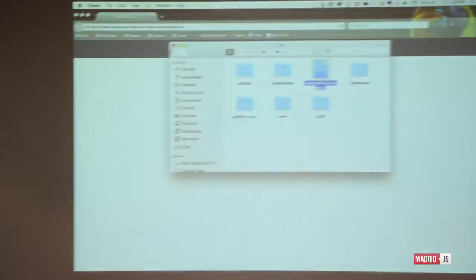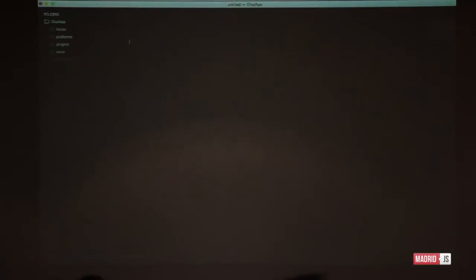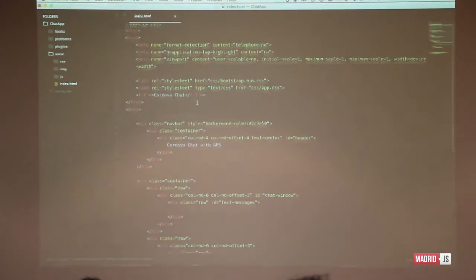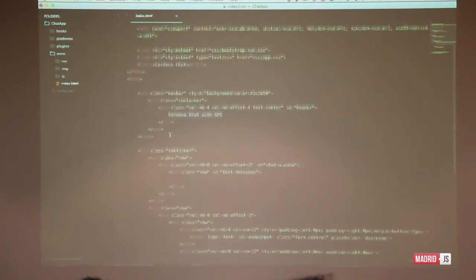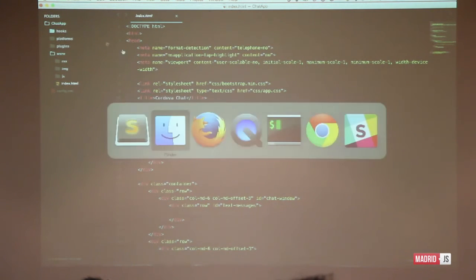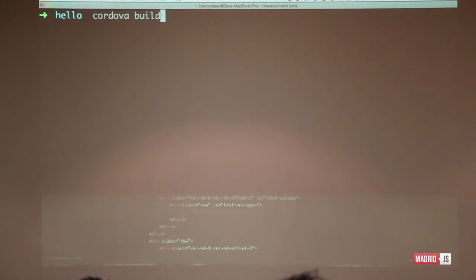And then what I can do from there is I can make whatever changes that I want inside of here. So I can go into my HTML file and I can change the name of the app right here. I can change the way the app works, how it looks, etc. And then I can just run a simple script, which would be Cordova build. It will repackage my changes into a new iOS app,